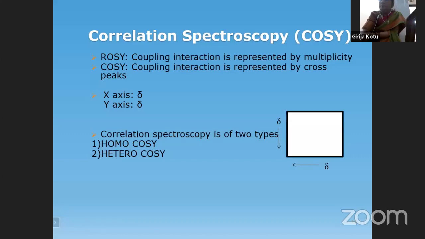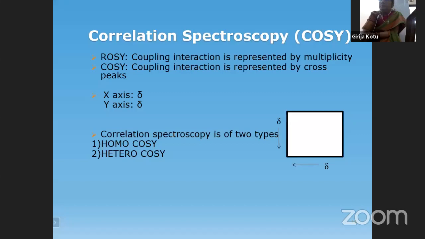Similarly, in benzene there are 6 protons, but all are equivalent, so you get only one signal, and it is not split because it has no neighborhood. But if you talk about propane, there are two signals, because the 1 and 3 protons are the same and the second is different, and these signals are split. For isopropyl halide, you get 2 signals: a doublet for the methyl and a septet for the methine proton, because the methine couples with 2 methyls, n plus 1, 6 plus 1, 7.